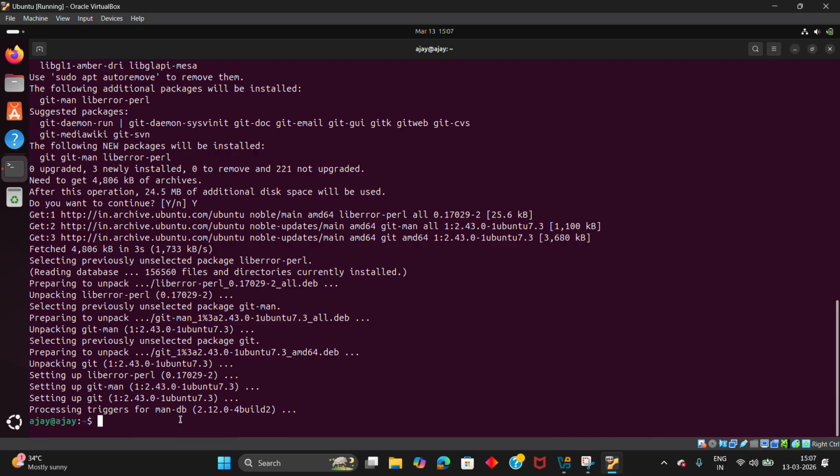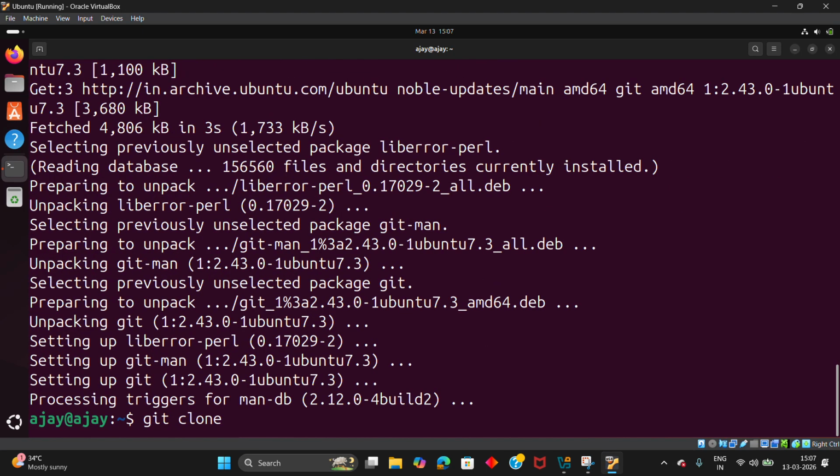After that you need to give some other command as well. We are going to clone a folder from GitHub. For that the command is, let me maximize, git clone